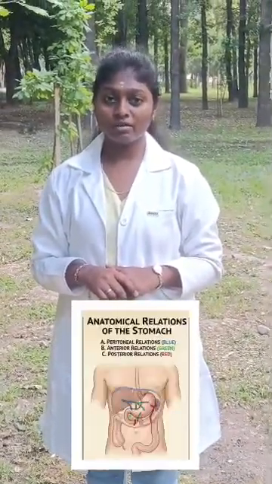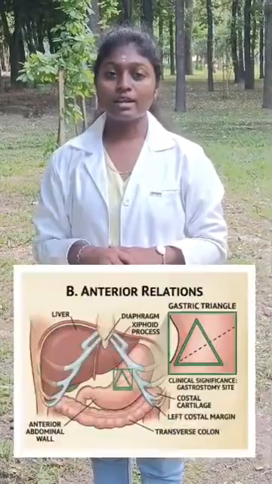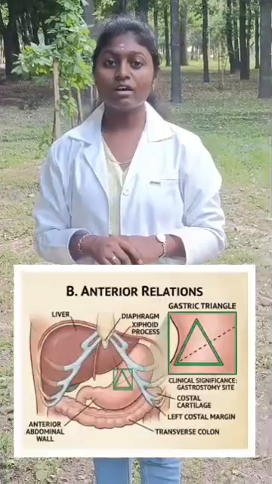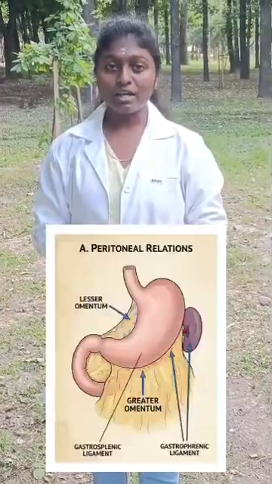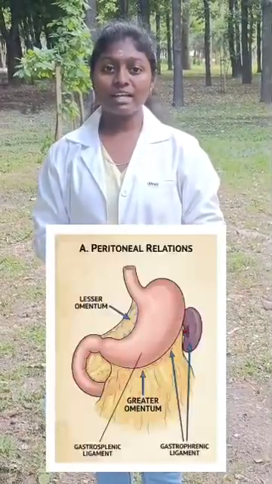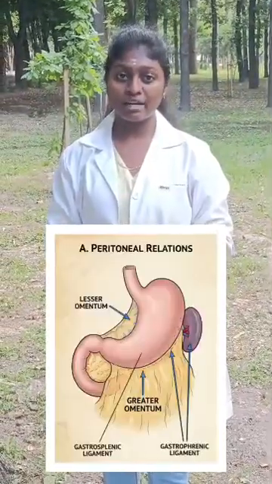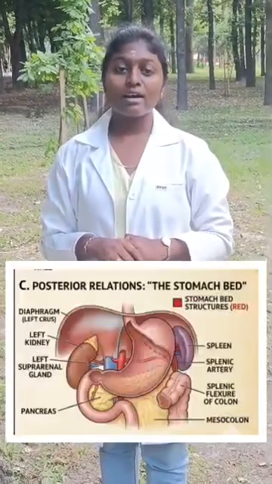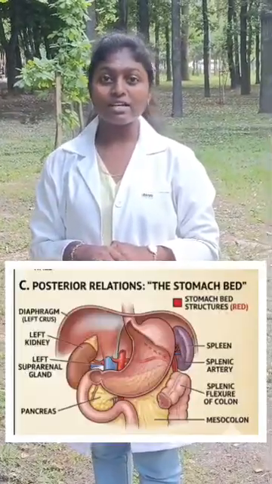The anatomical relations of the stomach are divided into peritoneal, anterior, and posterior configurations. Anteriorly, it is related to organs like the liver, xiphoid process, diaphragm, costal cartilage, and the anterior abdominal wall. Peritoneally, it is connected to the lesser and greater omentum alongside the gastrophrenic ligament and gastrosplenic ligament. Posteriorly, it is connected to organs like the left kidney, left suprarenal gland, diaphragm, spleen, splenic artery, splenic flexure of